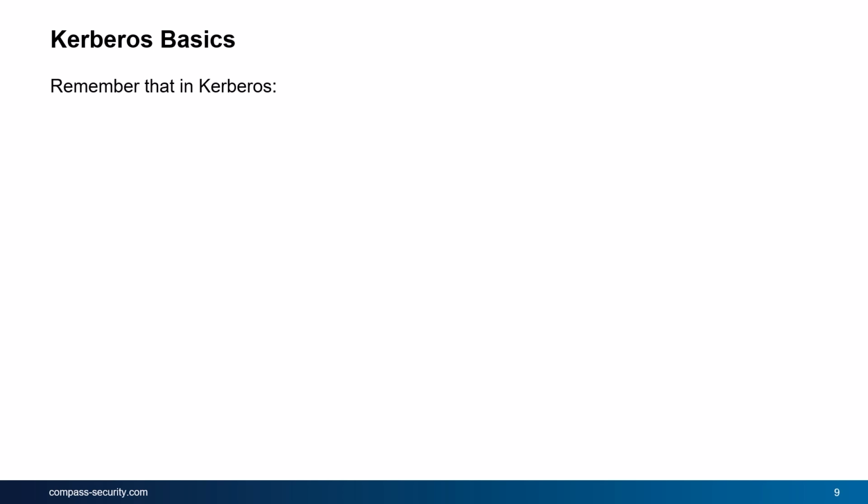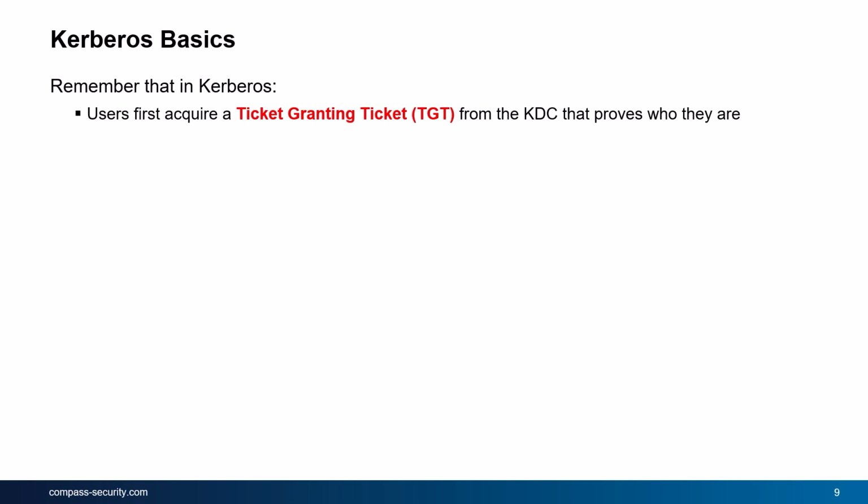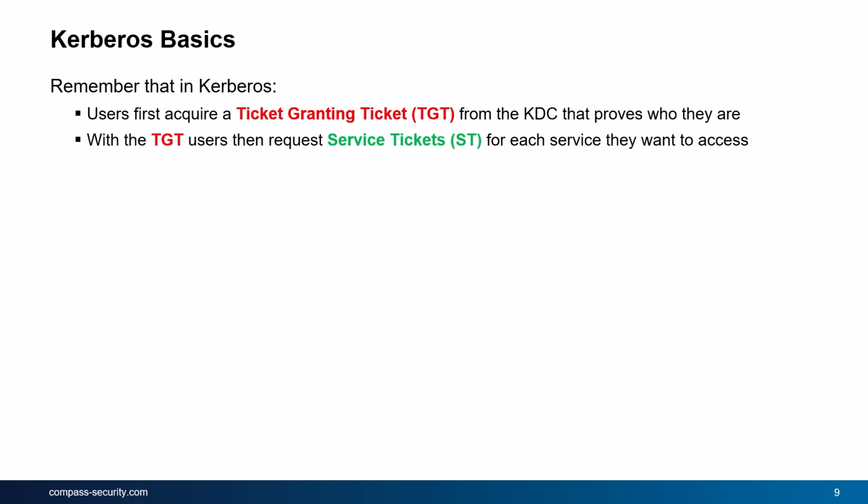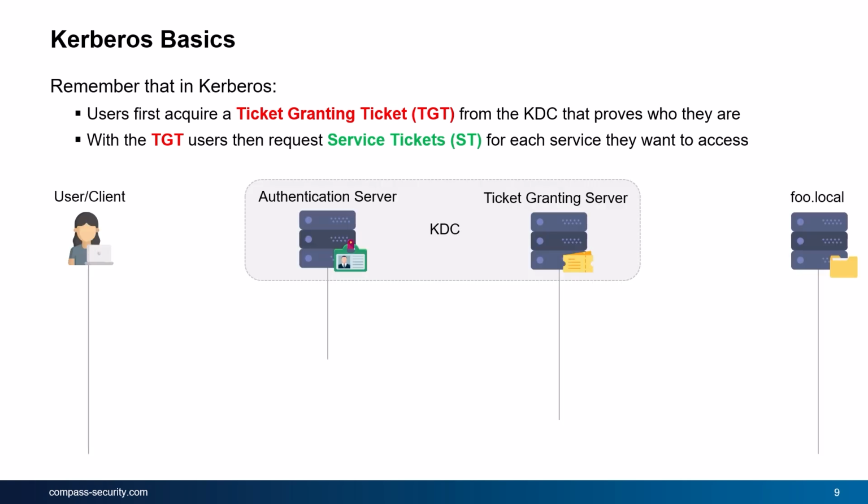Now, before we look into how unconstrained delegation actually works, a quick refresher on the Kerberos basic authentication flow. We have learned already that in Kerberos, a user first has to acquire a so-called ticket granting ticket from the KDC, and this ticket simply proves that the user is who they say they are. With the ticket granting ticket, a user can then in a next step request so-called service tickets to prove their identity to various target services. And they request a service ticket for each new service they want to connect to. So if we look at that